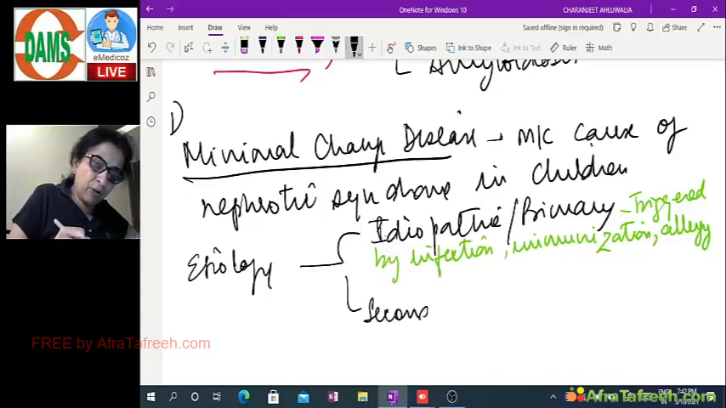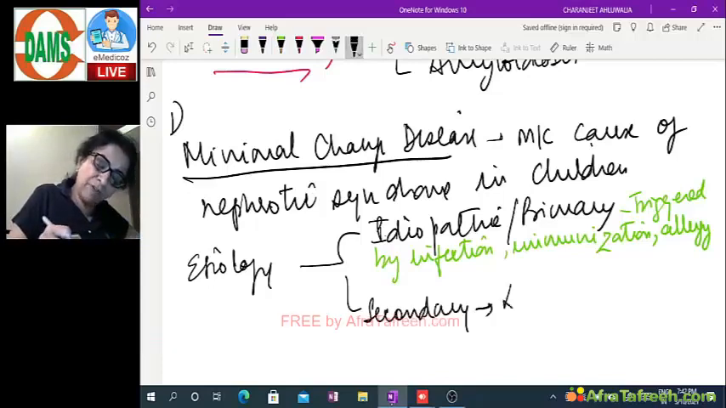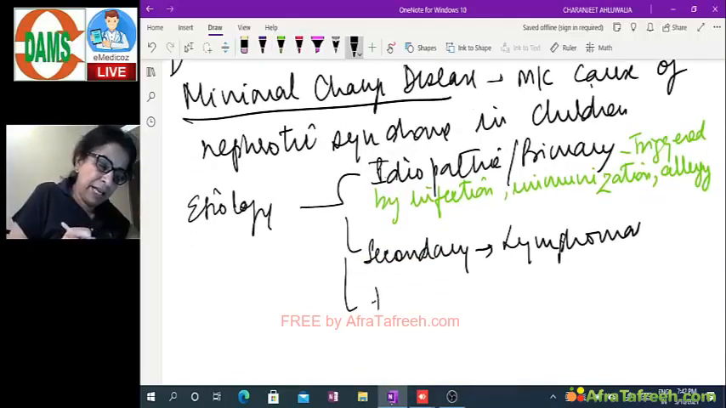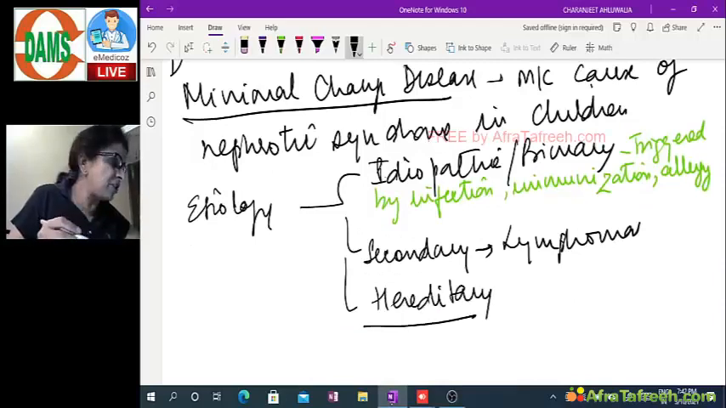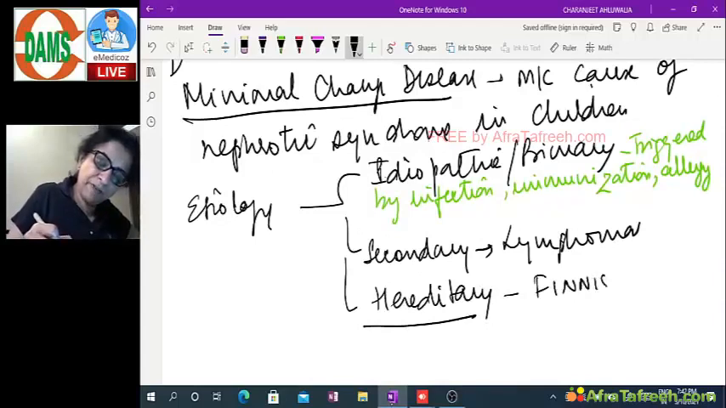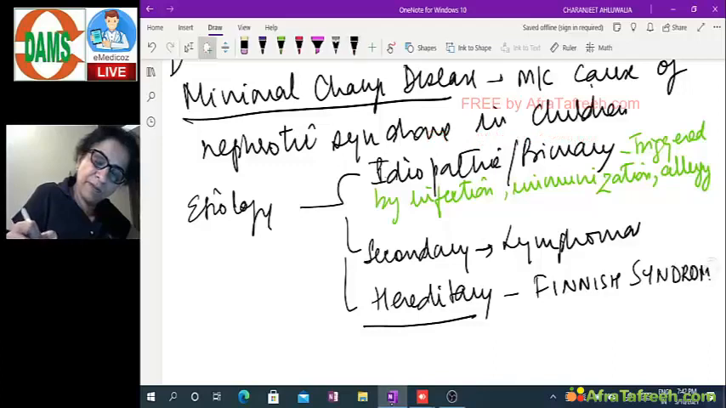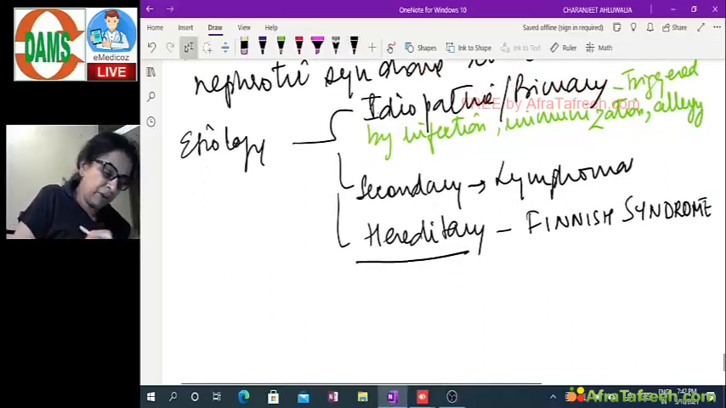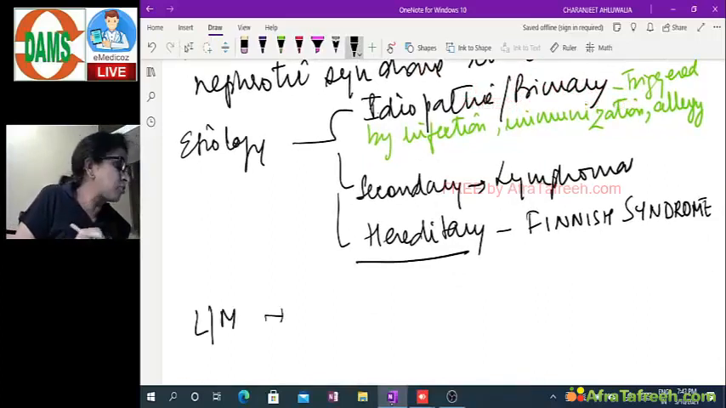Secondary nephrotic syndrome can be seen in patients with lymphomas. And third, there is hereditary nephrotic syndrome or hereditary minimal change disease also, which is called Finnish syndrome, which is a genetic disorder. Hereditary is Finnish syndrome. Okay, in nephrotic syndrome, if you see by light microscopy,